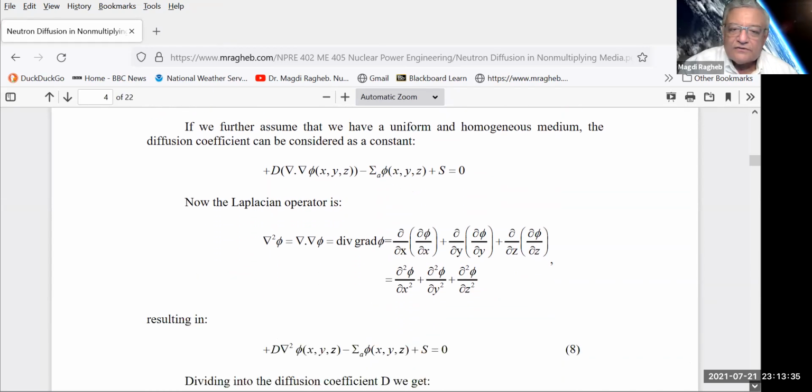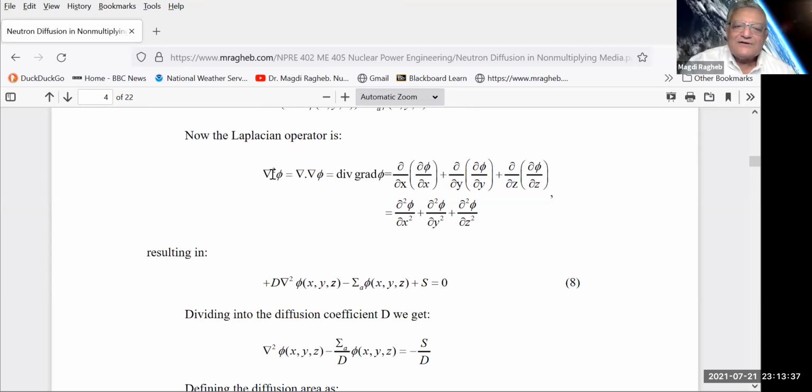You can prove that the divergence of the gradient is equal to the Laplacian operator by taking the component of the flux and taking the divergence operator. The component of the flux in the x direction is D partial phi by dx, in the y direction D partial phi by dy, and in the z direction D partial phi by dz. And when you take the partial by dz of D partial phi by dz, you get d square phi by dz square. Notice this is a partial differential equation in the space x, y, and z, the Cartesian coordinates,